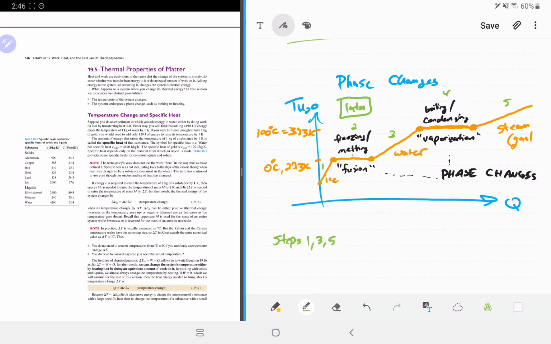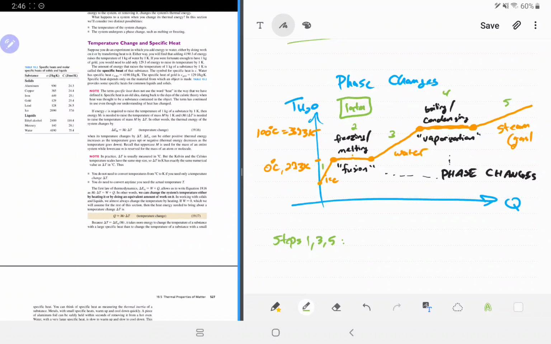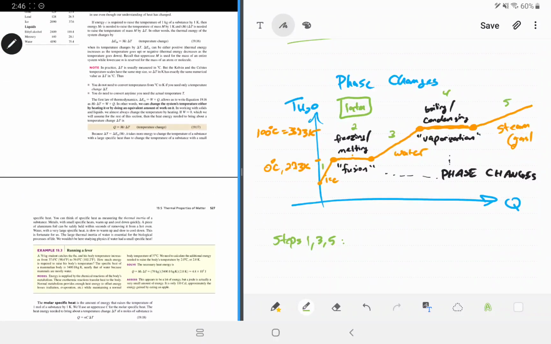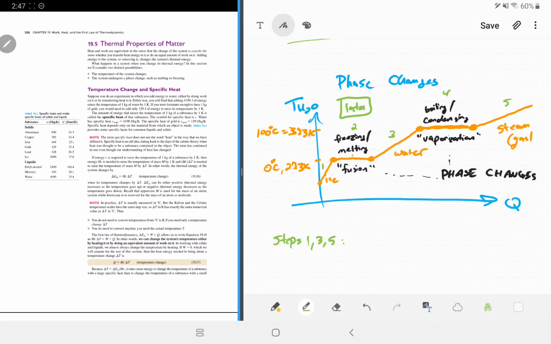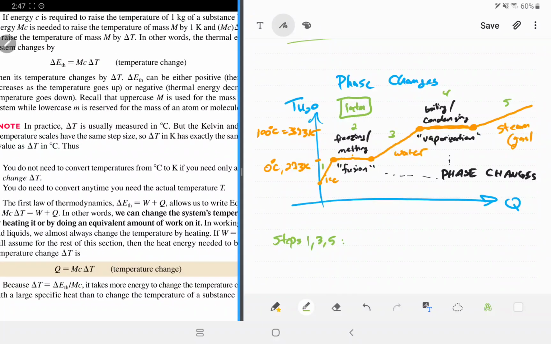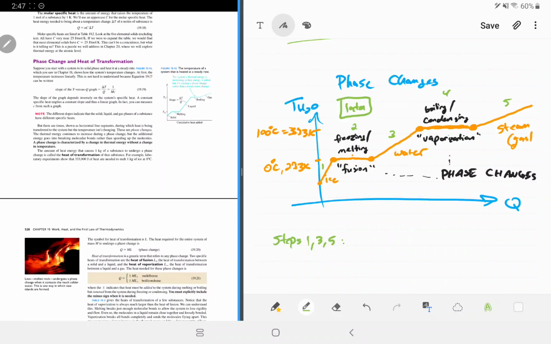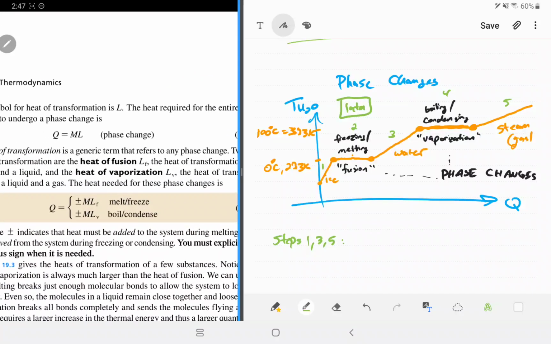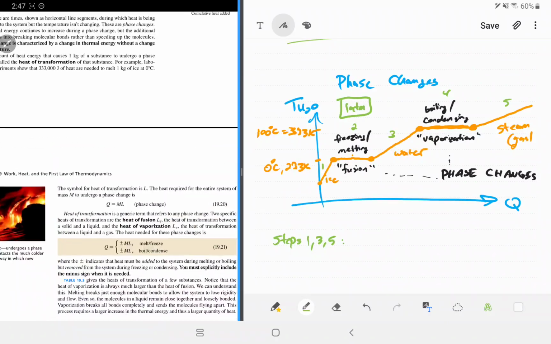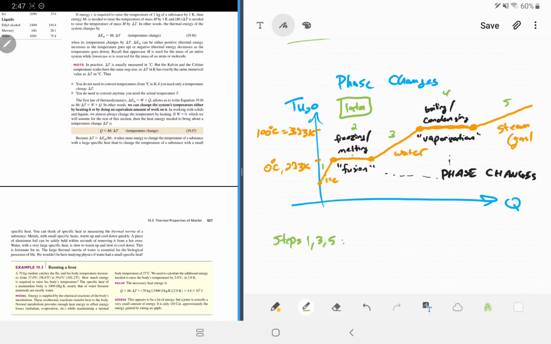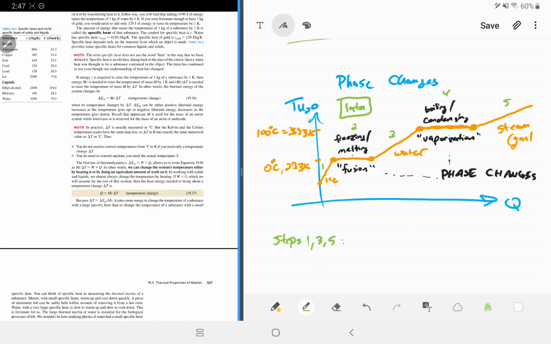These are processes where you can change the temperature. So the temperature can change, and there's going to be one equation relevant for this. So looking at the book over here on the left, see how it has Q equals something for a temperature change, and then later on it talks about phase changes, and then it gives a different formula for Q. So these two different formulas for Q have to do with the two different stages you can be in